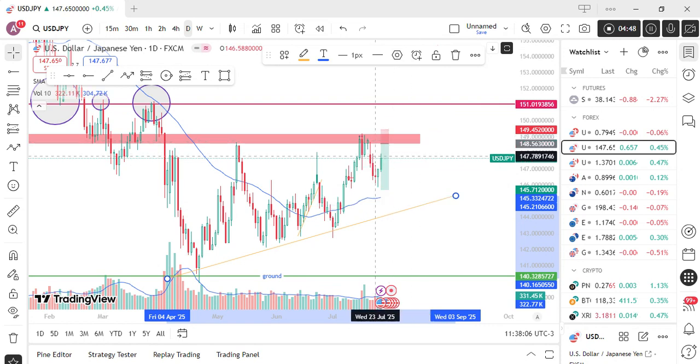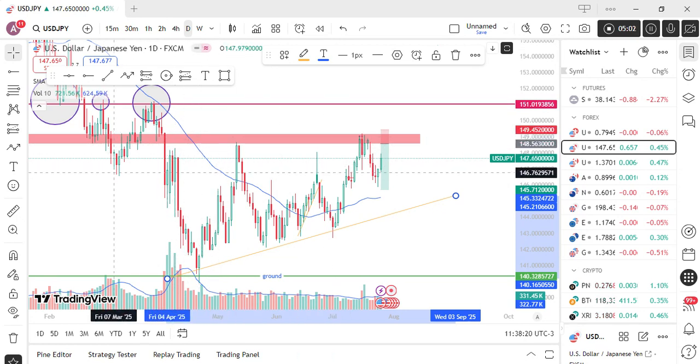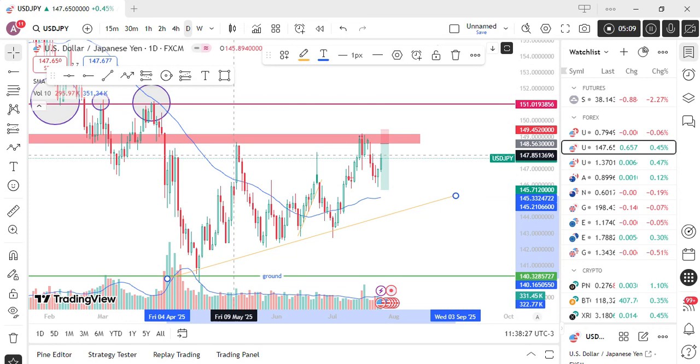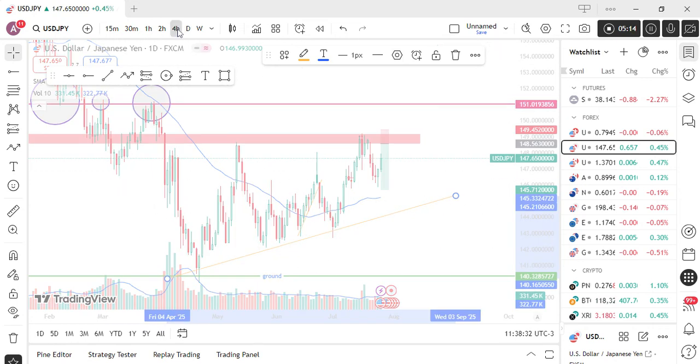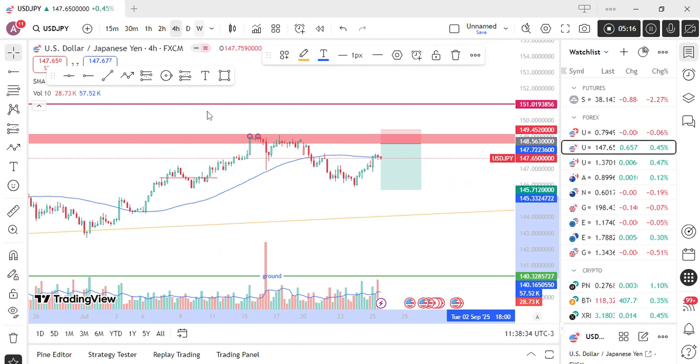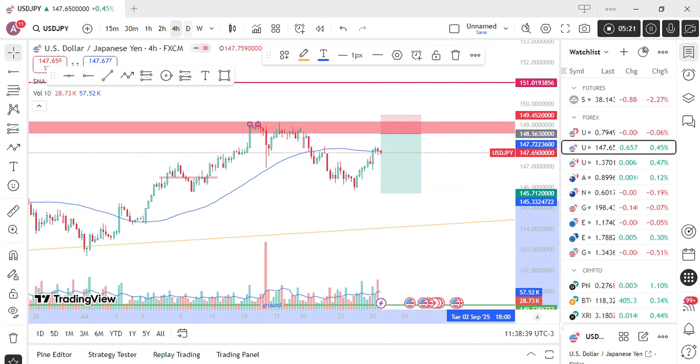We are expecting the market to come back to this level because we can see clearly that we are bearish on it. But we should be careful because of one reason. When we broke it here, we can see that we retraced back here, making us kind of bullish on USD JPY. We have to be very careful on USD JPY on the daily time frame. We are bullish on the daily time frame of USD JPY.